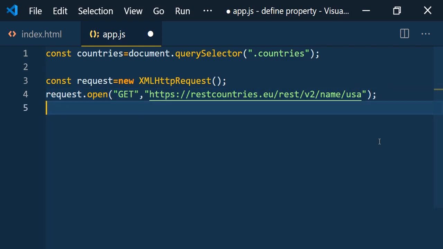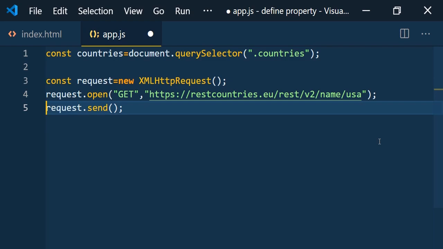So now we open the connection, and now it is time to send it. So what will send do? It will send the request, and in the background the request will be processed.